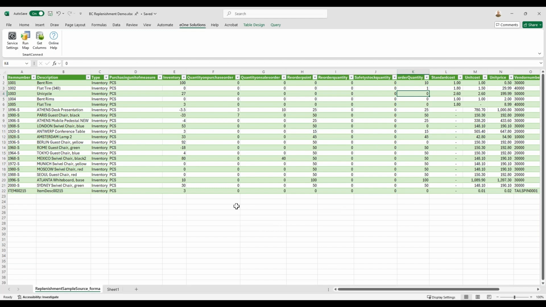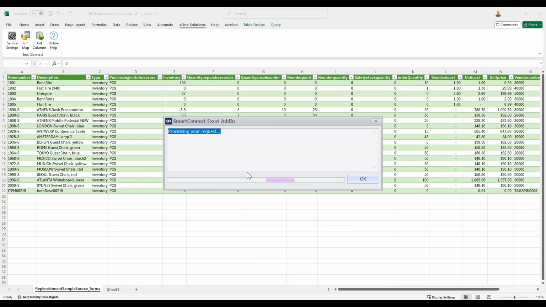Now that my data has been modified and I'm ready to go, I can click on this Run Map here. And what's going to happen is it's going to run the map. It opens this little window down below. This is pushing the data from my screen